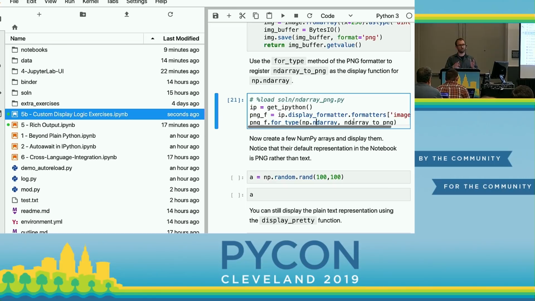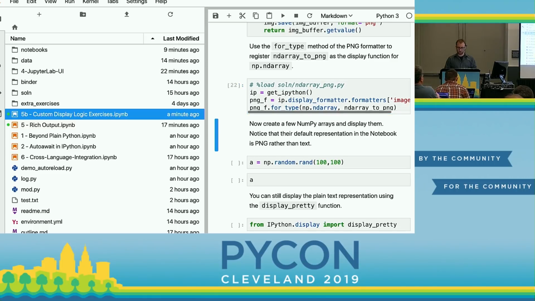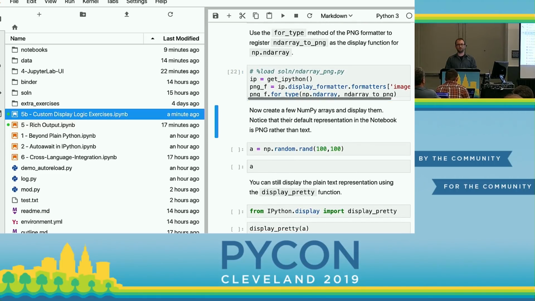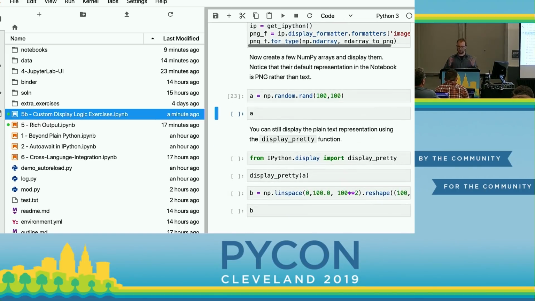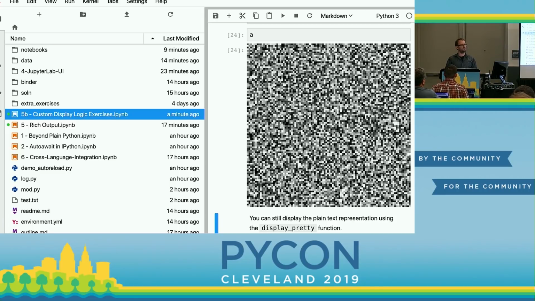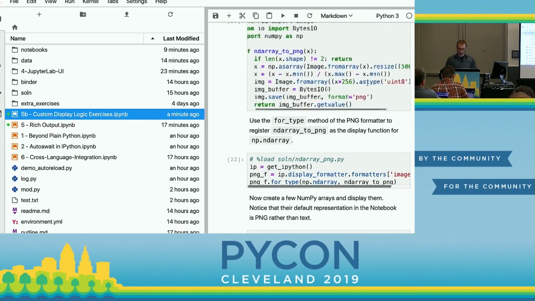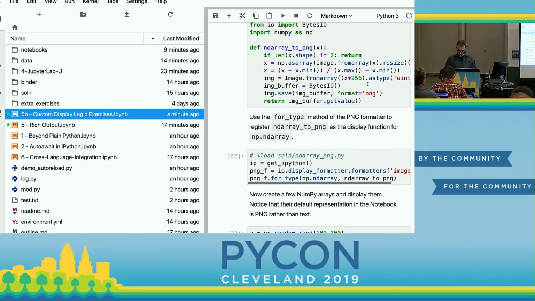NumPy doesn't have a default PNG representation because I think that it might not be the right thing. And so once you do that, now IPython says, if I see a NumPy array, when I display it, or if it's the last statement of a cell, I'm going to generate a PNG for that and send it over. And so now, if I create a NumPy array which is just random n by n, I have these things. If I prefer SVG, well,